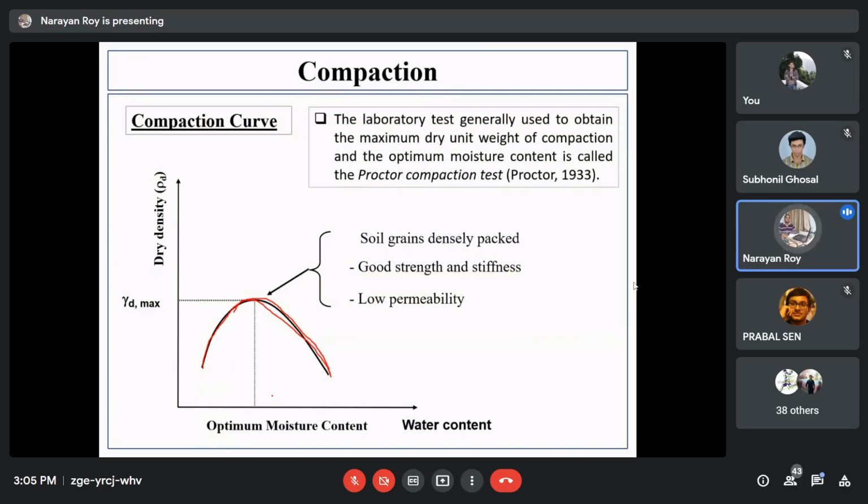Once we measure the dry unit weight from the first test, the next time if we add an increased amount of water, we will get higher values of dry unit weight. This curve signifies that if we keep on increasing the amount of water, the dry unit weight, this y-axis is basically